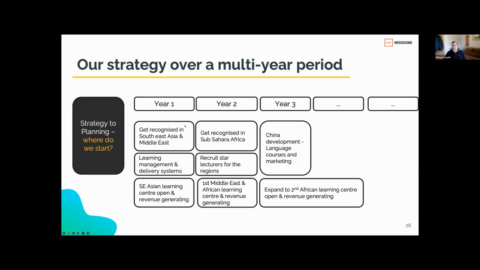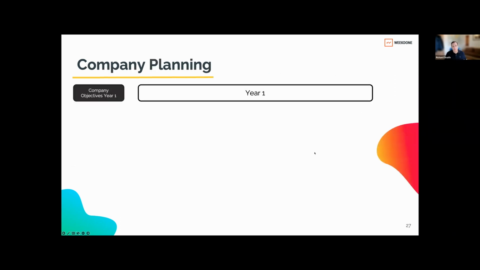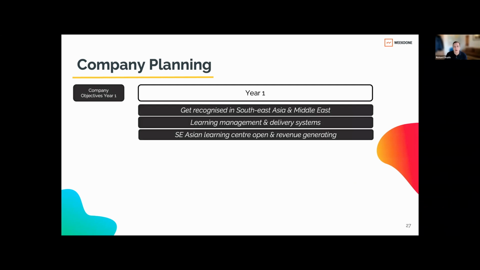These aren't super detailed. They're plotting things out in a logical order, roughly for the years. It could change. It will change, undoubtedly. But at least we're getting started, breaking it down into years and the logical sequence of things we need to get done. Now, we're going to take it right down to the company planning.